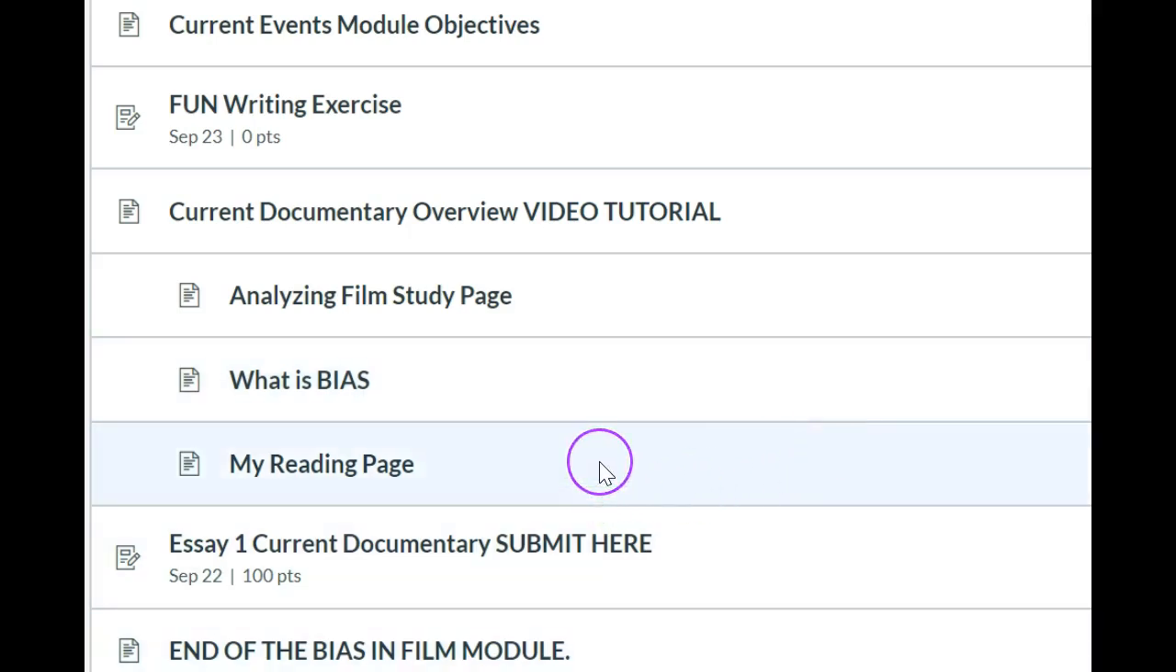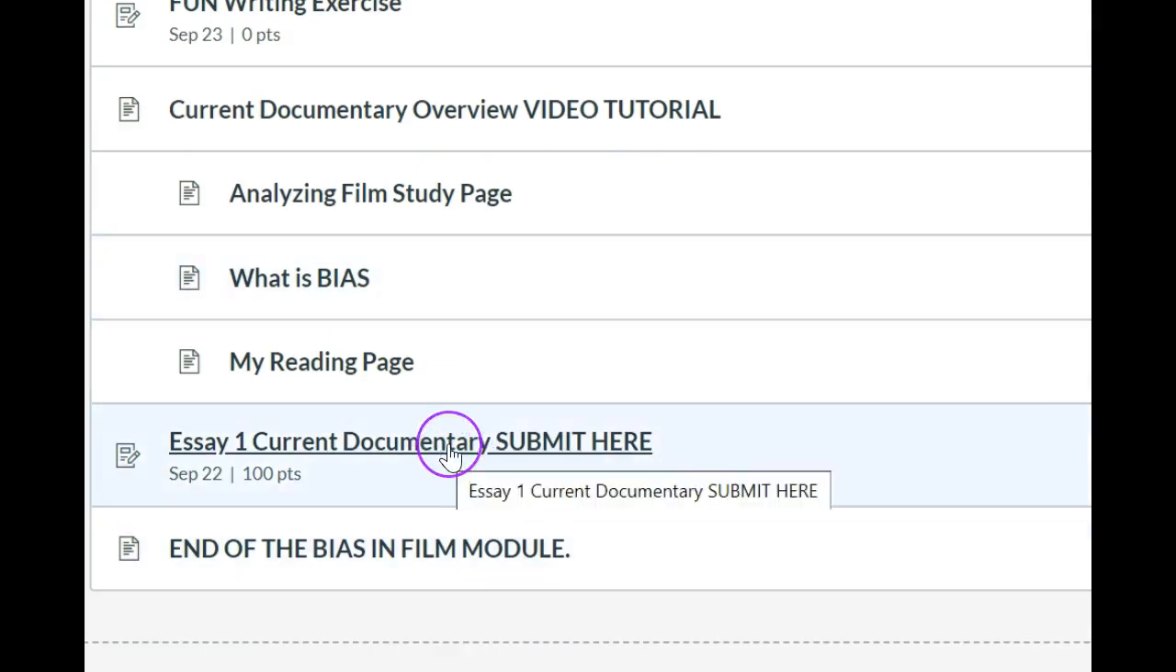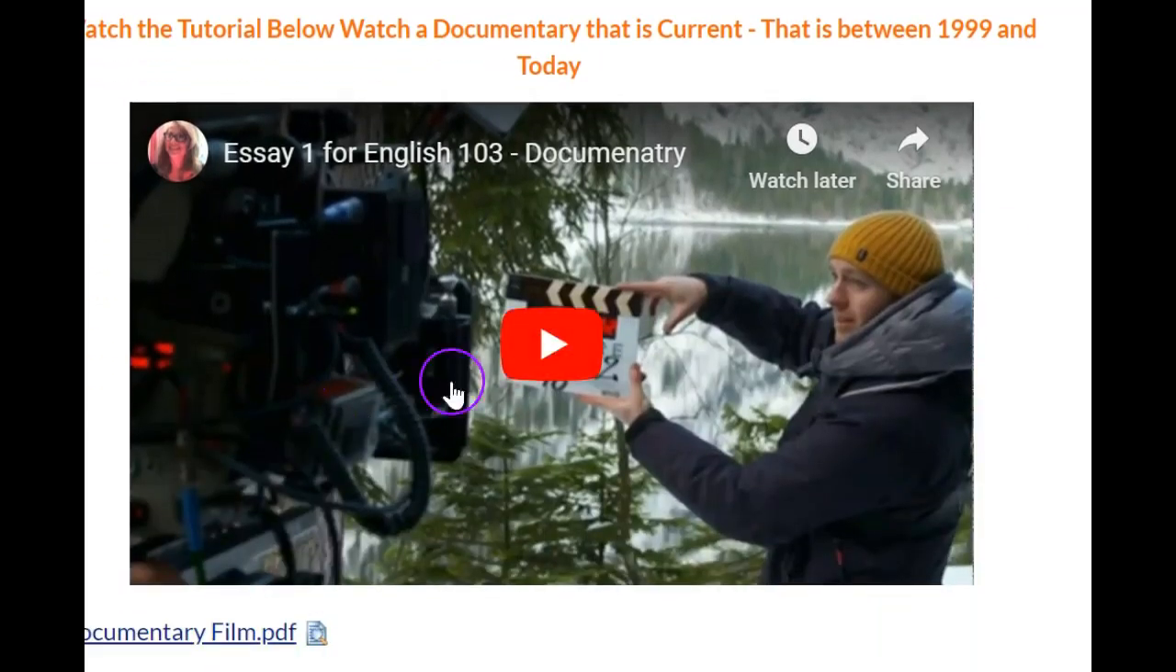The My Reading page was simply to be opened when you were studying the internet for your topics, or while you were studying a text that you checked out from the library. That way, when you are writing and studying or reading or whatever, your time is logged in to your user account in the course. The documentary was submitted here and included a tutorial that went over exactly how the essay was to be written and how it was to be